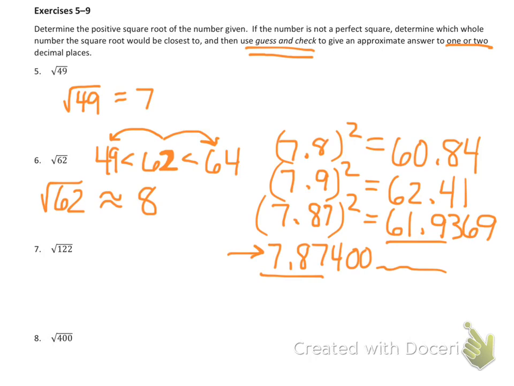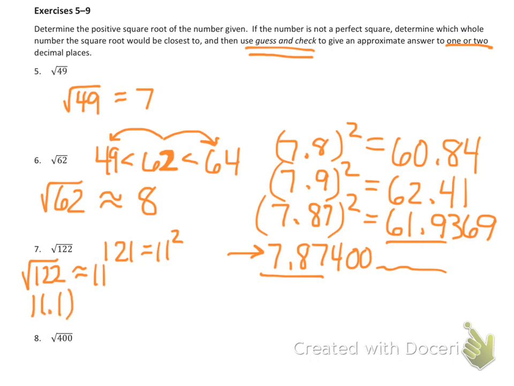Okay, square root of 122. So square root of 122, it's got to be pretty close. 121, we remember, is equal to 11 squared. So the square root of 122 is really close to 11, right? Very close to 11. But is it bigger than 11 or less than 11? Well, it's a little bit bigger, right? So what if I try